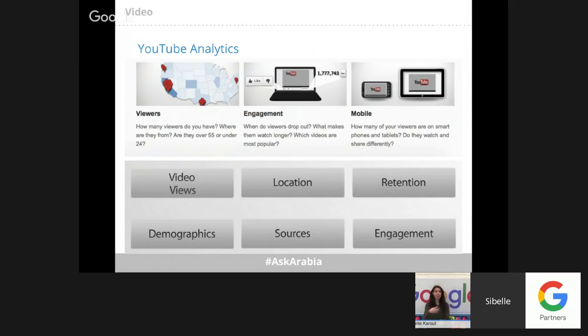So YouTube Analytics will give you that as an extra source of information that AdWords YouTube reports will not be able to provide. As well, retention and the percent of engagement. How many people did you get as a result of those videos? So it would give you a more detailed approach, or a better view of your video performance. As well, how many are on smartphones versus tablets. That is also information that you can get from the AdWords report.